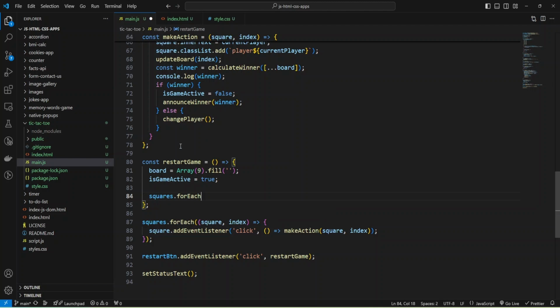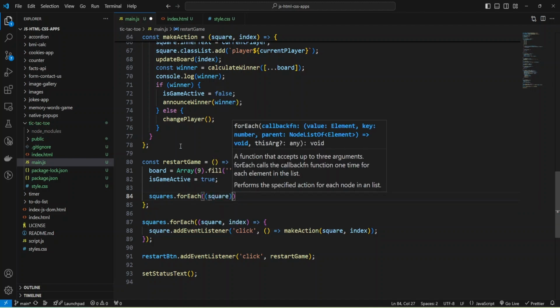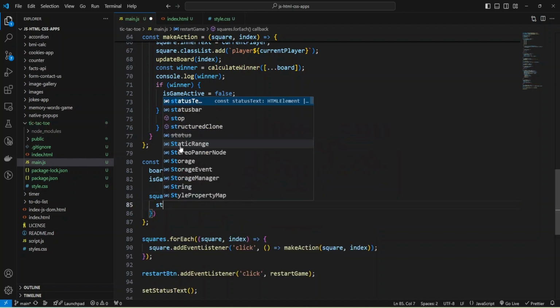And we need to clean our squares, for each, and for each square provide function that will remove the inner text.